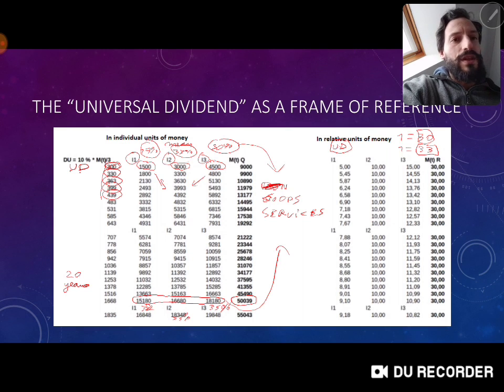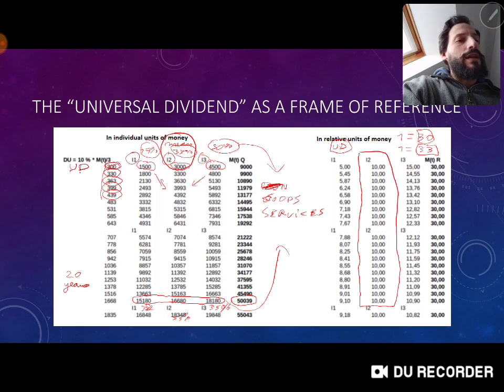And as you can see here, the person that is in the mean, that owns 33% of the wealth, if he stops exchanging, what is his amount of universal dividends? He has 10 universal dividends consistently throughout time, even though in individual units he has more and more. In universal dividends, he still has 10, which means as a store of value, if you're in the mean,